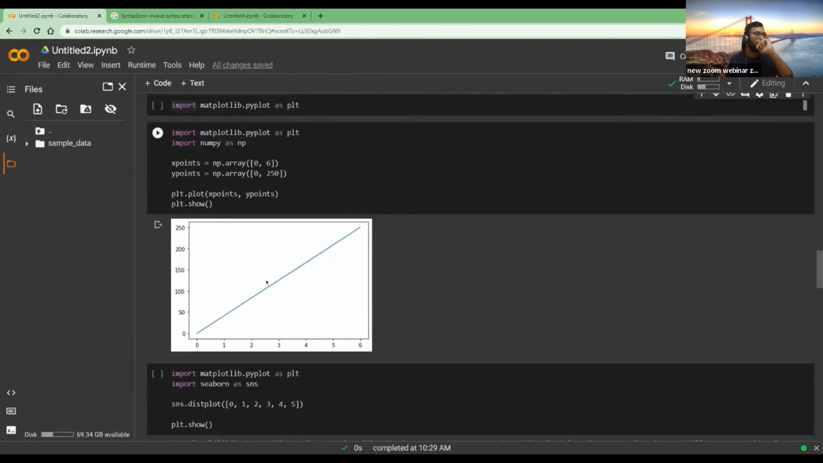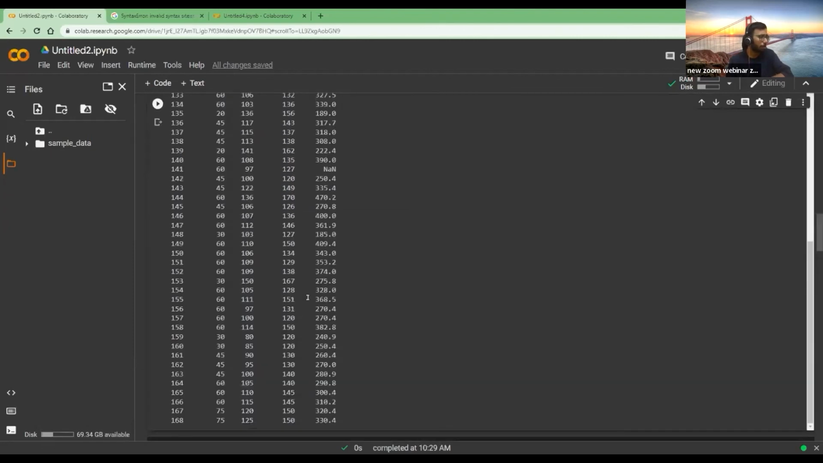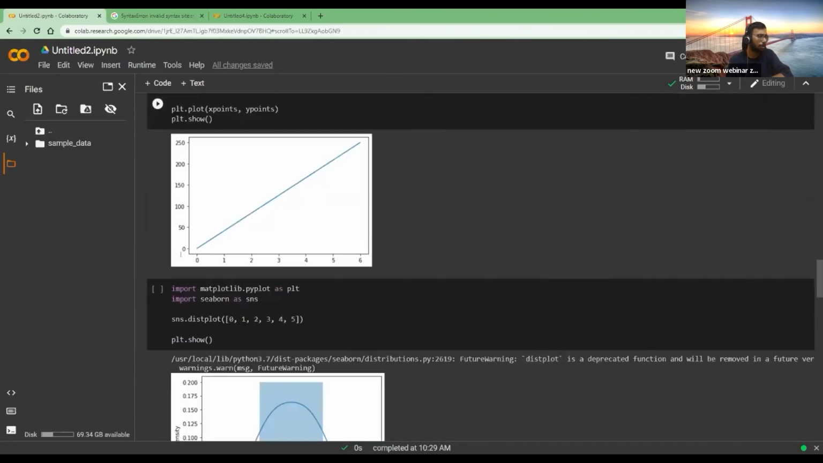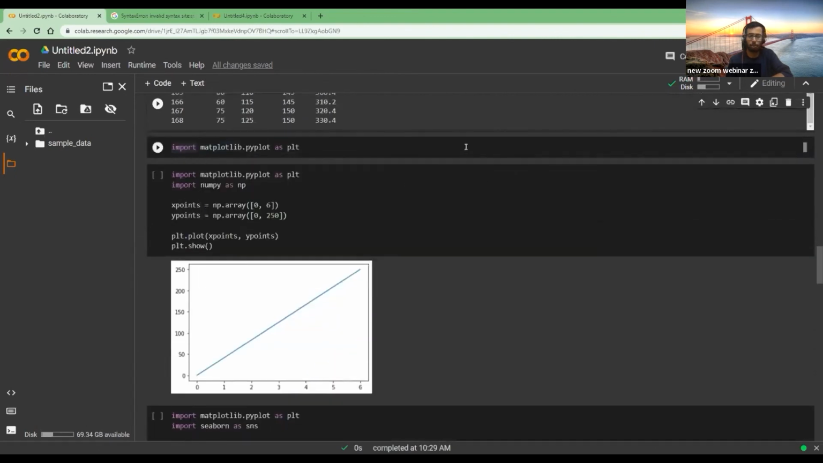So that was mostly the basics of pandas that we might require in the session. So let's quickly come to matplotlib. Matplotlib is